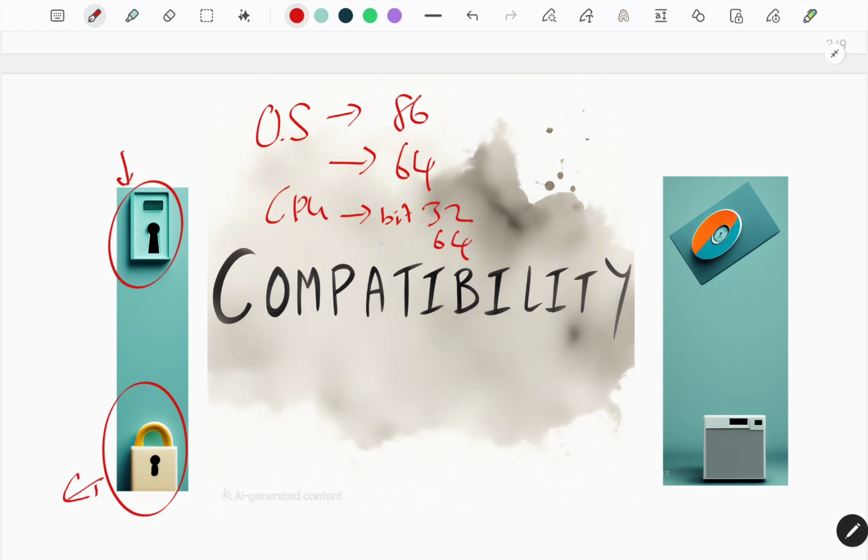32-bit and 64-bit are basically different CPUs. A different CPU will have a different OS. But this is, I think, up to Windows 7 only. Windows 7, you can see there's